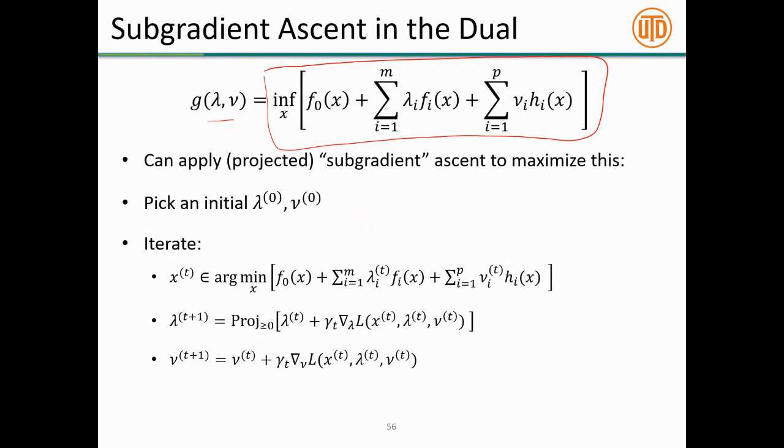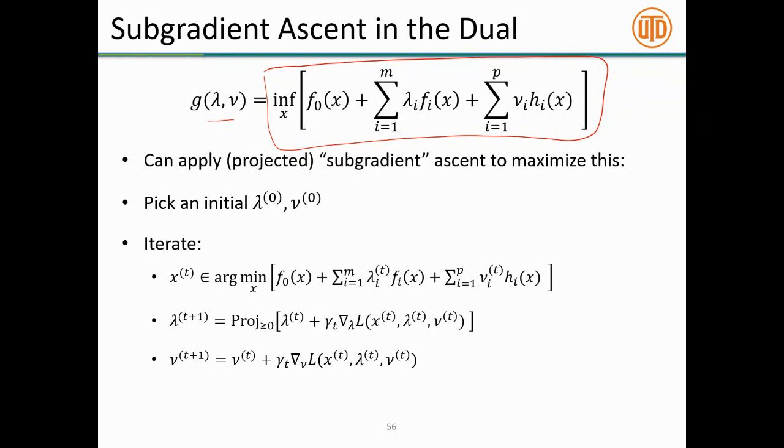constraint functions. Just like we saw in class, the supremum over a set of linear functions is always convex, and the infimum over a set of linear functions is always concave. That's how we proved that the dual function is always concave. So we saw on the last homework, you had a bit of experience with computing subgradients of functions that were the supremum or the maximum of a set of other functions. So we can do the same thing here.